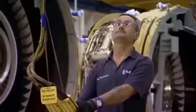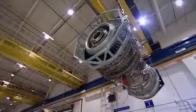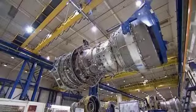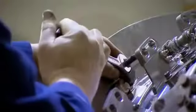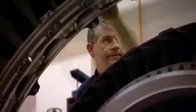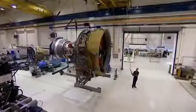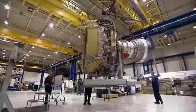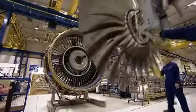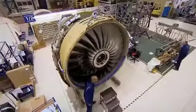Before the fan can be fitted, the towering engine stack is craned onto its side. Two tons of precious metal swinging just feet from the ground. Finally, in the position it'll spend the rest of its life, the engine's ready for the last 2 and biggest modules. The fan is a perfect